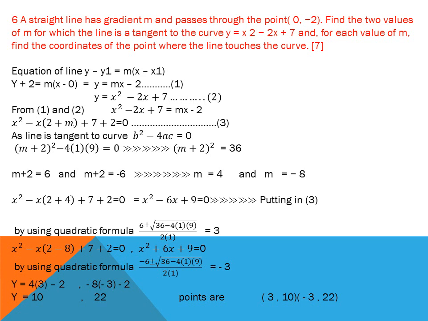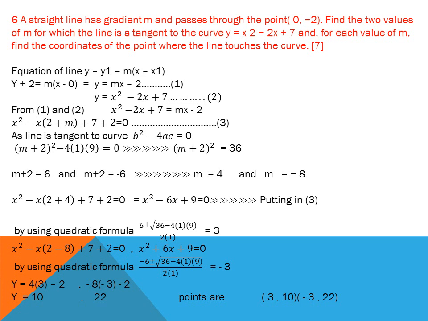So b square minus 4ac is equal to 0. Hence here I applied the formula and the values. B is 2 plus m. I ignore the negative sign because there is a square; when a negative sign is inside the square, it will become positive already. So (m plus 2) whole square minus 4 into 1 into 9. I use the values of a and c. I found that (m plus 2) whole square is equal to 36. I find the values of m are 4 and minus 8.